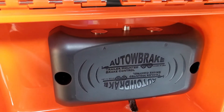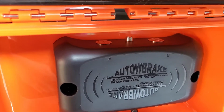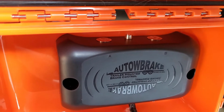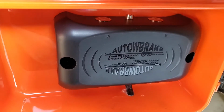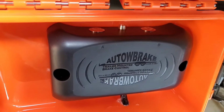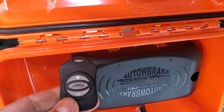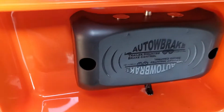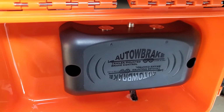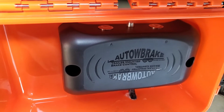And the cool thing about that too is that let's say you're very benevolent and you want to loan your trailer to somebody or a friend, and they have an SUV or a truck but don't have a 7-pin connector, then they could also take the trailer with them and still have full functionality of the brakes, as long as you remember to give them the control to be able to manually apply the brakes should something happen. But the installation on this was pretty easy, and I've already taken it on 2 big runs, and the